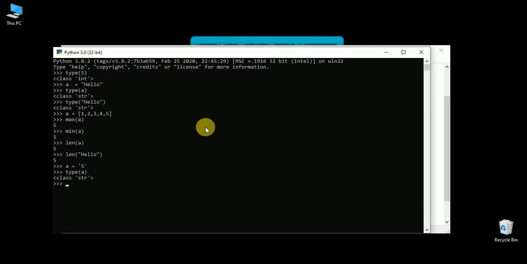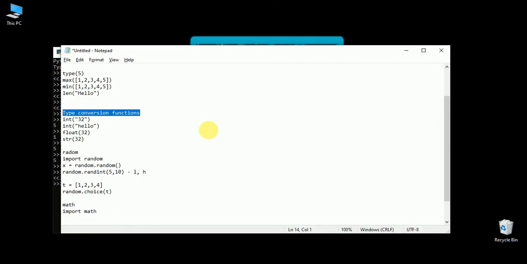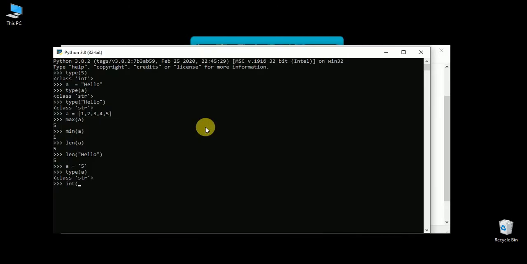Now I want to convert it into an integer. So I can do int of a. Now b equal to int of a, and now I check type of a, so string, and then type of b, so it will show int, because it was type converted. You cannot type convert every string. Suppose you have a equal to hi, you cannot convert it into an int, it will give you an error. If you want, I will show you.